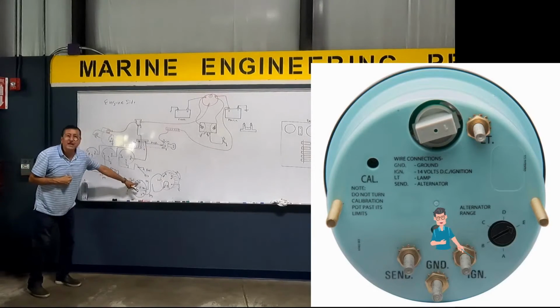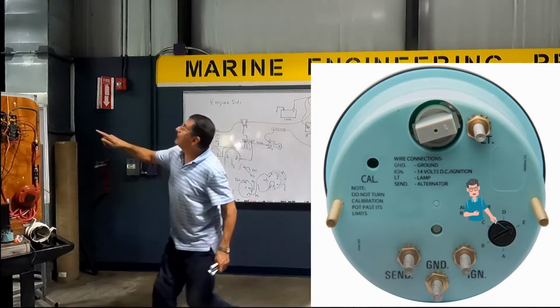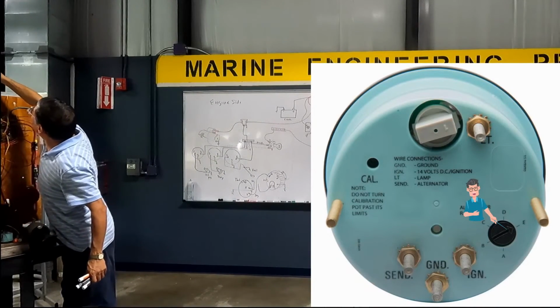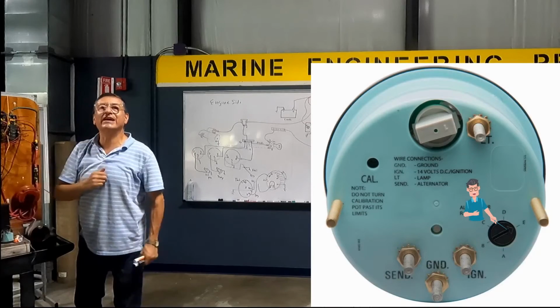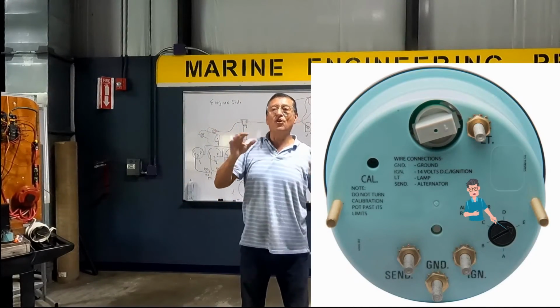Okay, and here, if my engine is 4 cylinders, I select here 4 cylinders, or 6 cylinders, or 8 cylinders. You see? You can move this one according to the number of cylinders of the engine. Because depending on the cylinders, the pulses are more or less. What if